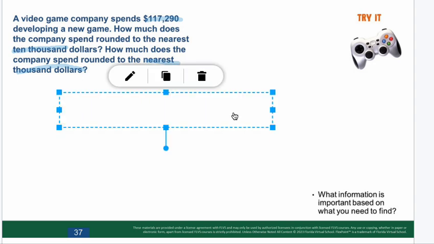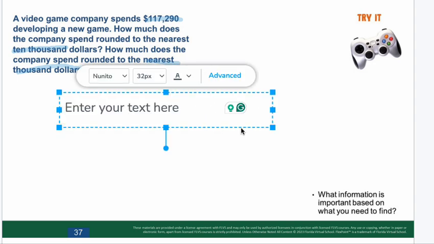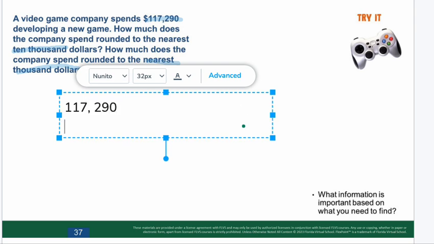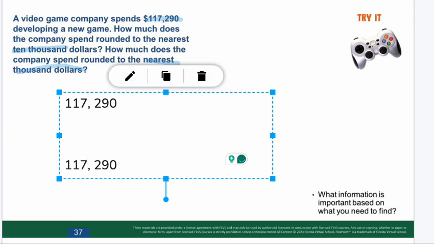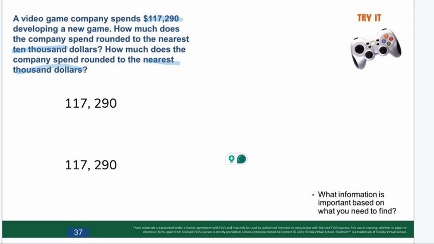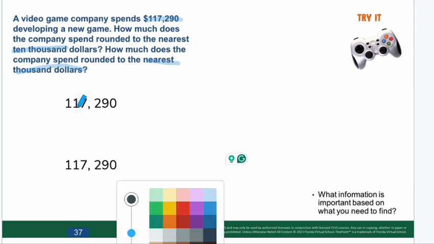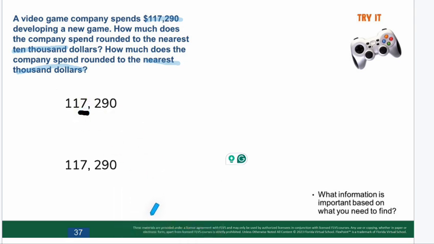So right here, if I have 117,290, let's go ahead and try rounding this. Okay. So if I'm going to go to the thousands place value,